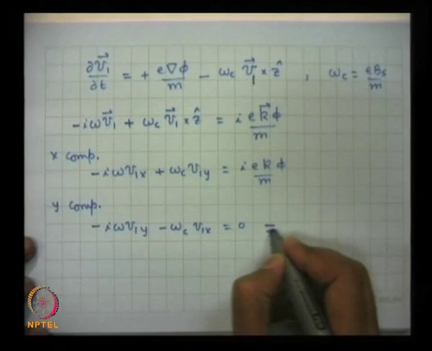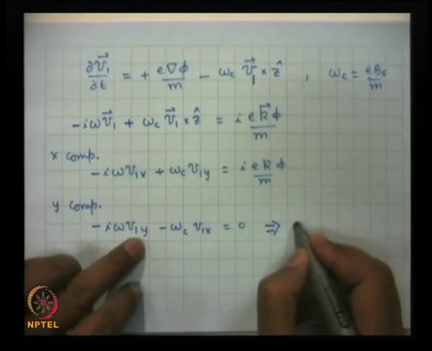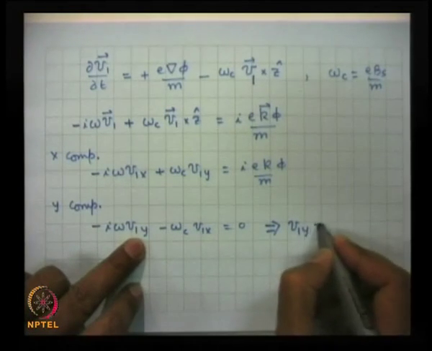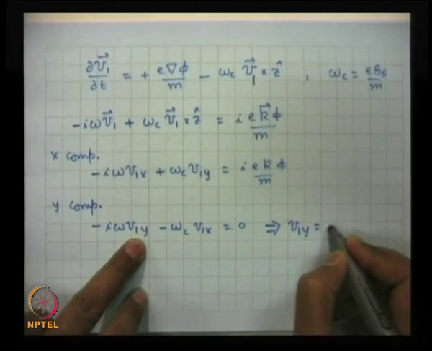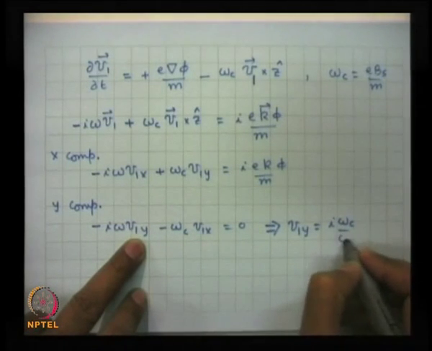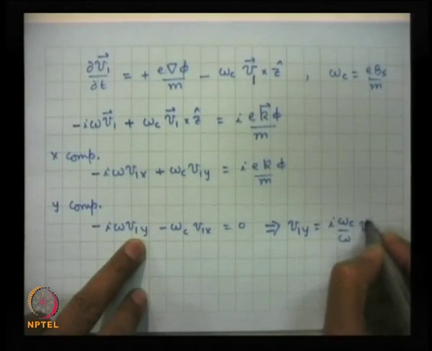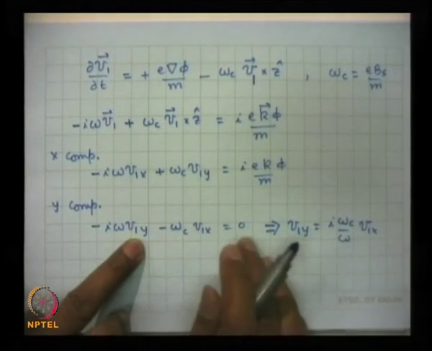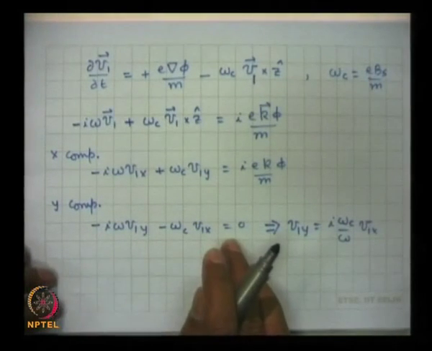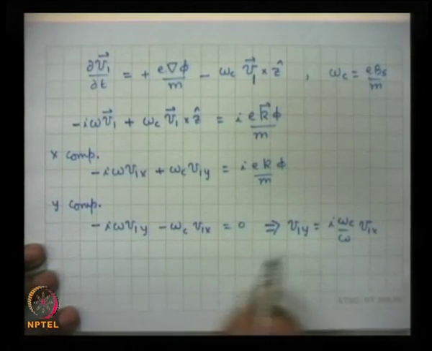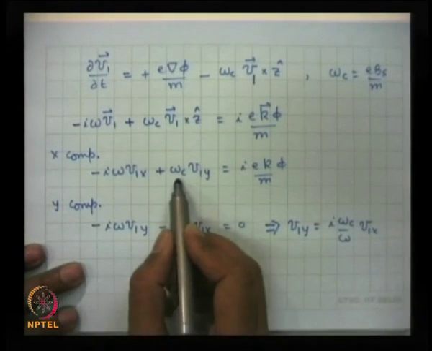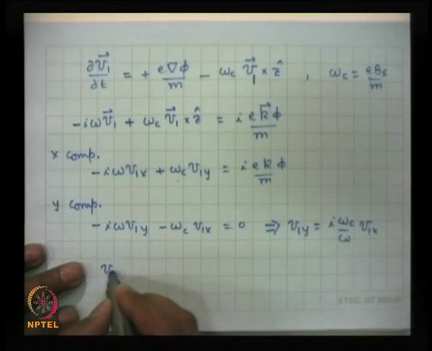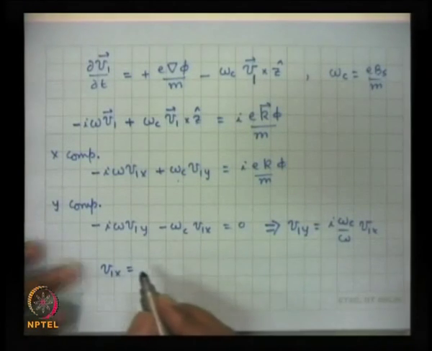This equation gives you V1y is equal to I omega c upon omega V1x. Take this on the right hand side, divide by minus I omega, and you will get this result. And if I use this in this equation, I will get V1x also. So, V1x is equal to